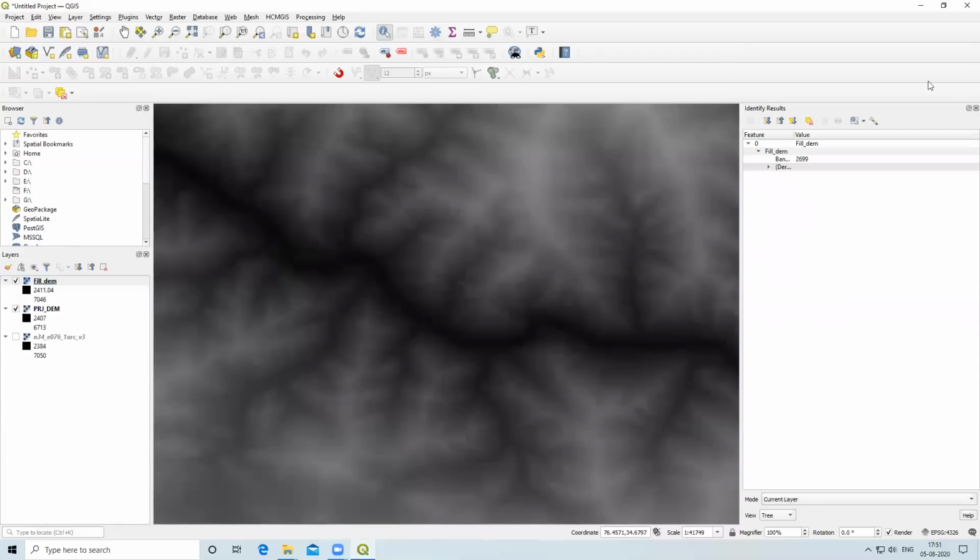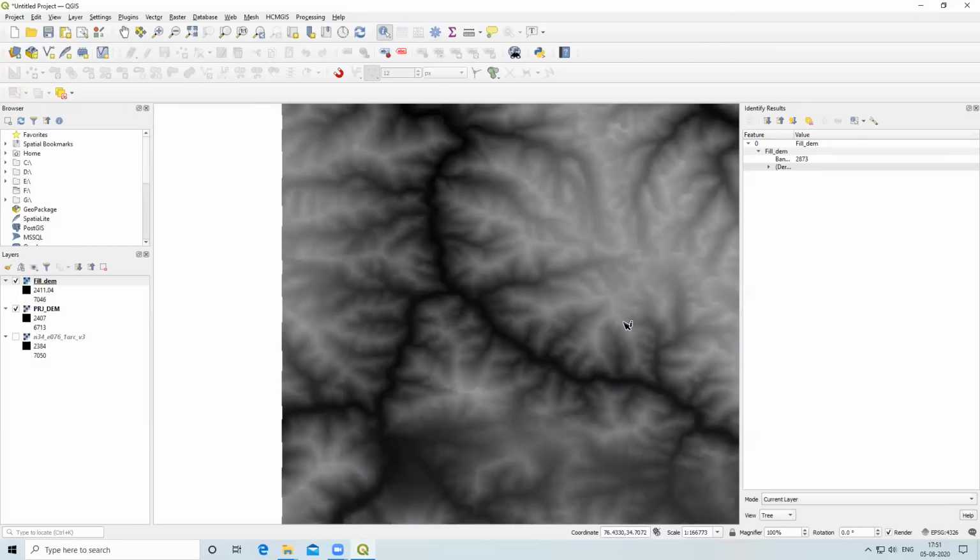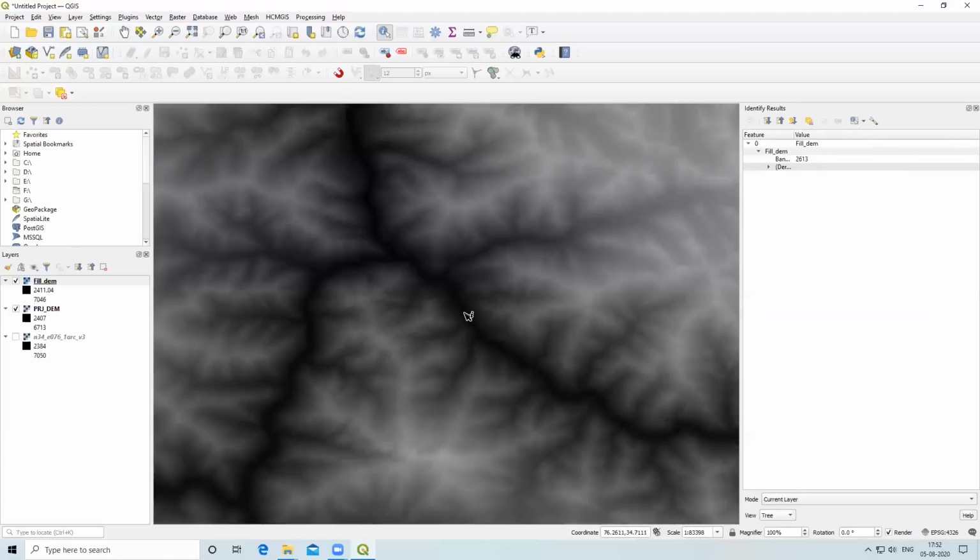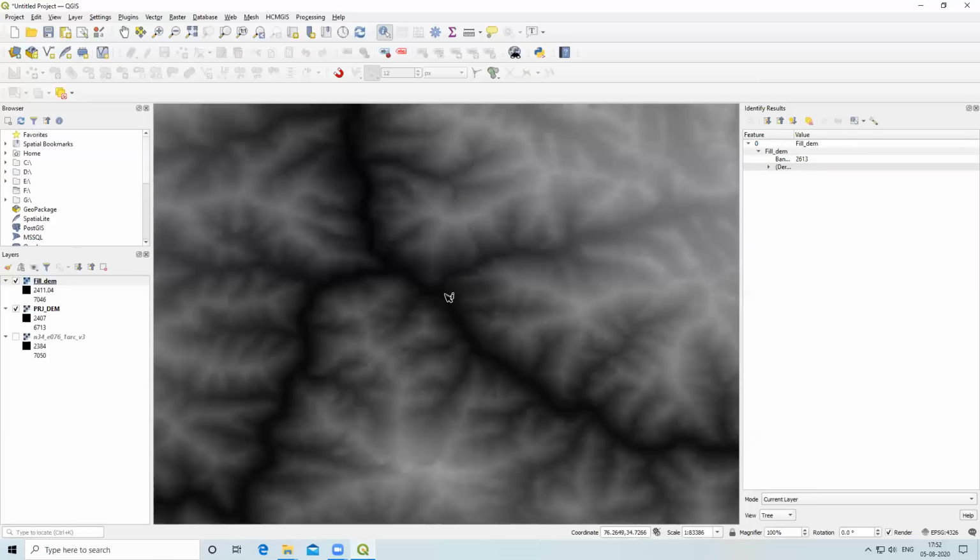You can see here the black color is showing the lowest elevation and the white color shows a higher elevation. If I click on the white color, you can see it's a higher elevation. So our field is created. You can see the difference between the field projected DEM and the field DEM also there. The field DEM is a mostly corrected DEM. Now when I create a network, it will not show discontinuities. So like this we can create.